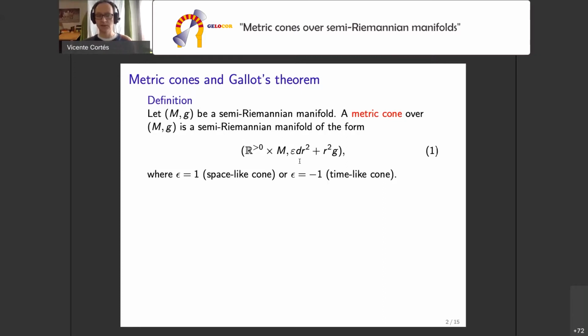In fact, in this setting, there's no principal difference between time-like and space-like cones, because you can multiply the cone metric with an overall minus sign, and then you can pass from one type of cone to the other type. But nevertheless, it's sometimes convenient to fix the case you are considering, because, for instance, the base may be positive definite and you don't want to change it to negative definite, or it may be useful if you fix some signatures to say precisely what epsilon is, but in principle it doesn't matter.